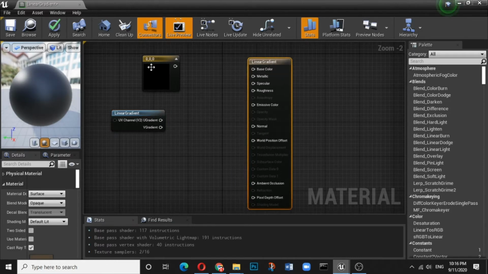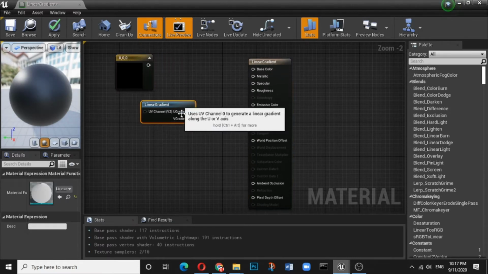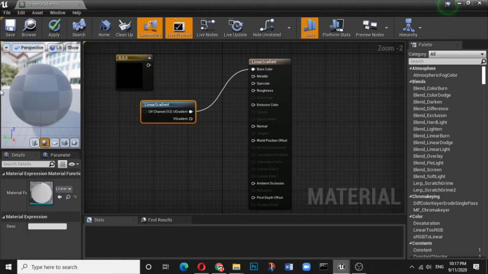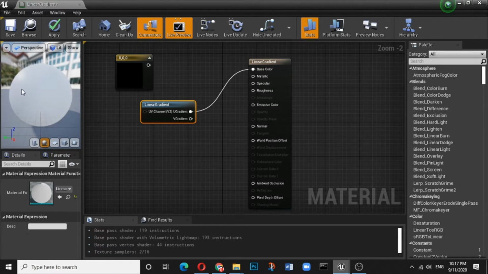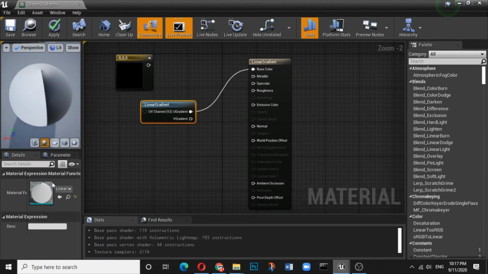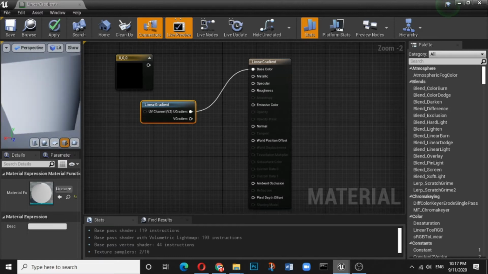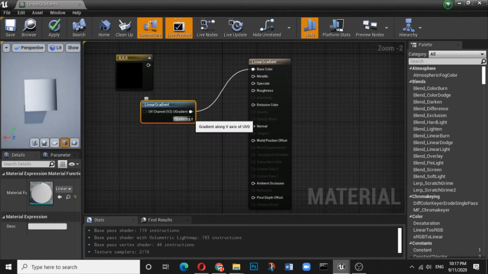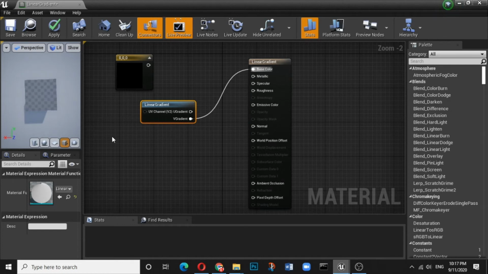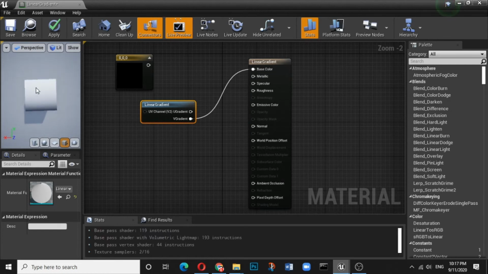Now what you can see. Okay, let me rearrange. Here we can see we have got something called U gradient and the V gradient. Just connect and understand how it works. In the sphere it is not getting reflected. Okay, better let us look at the other shape. Here we are. So here you can see it is on the U gradient, and the difference with the V gradient is basically the vertical and the horizontal shape difference.